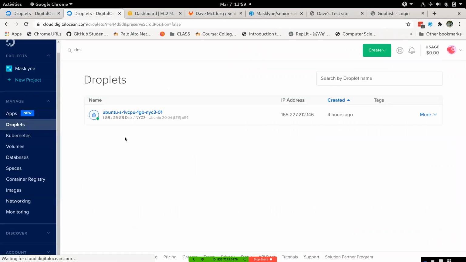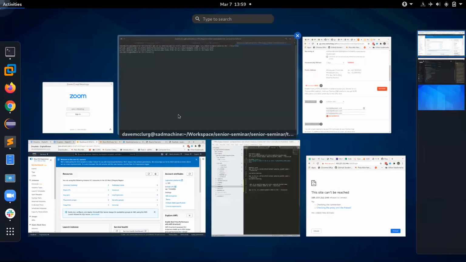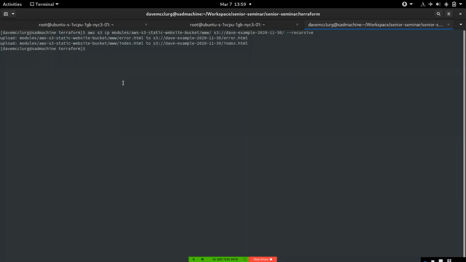But we also need to think about this, right? When we're using these cloud resources, they can cost us money, and they can cost us a lot of money, especially Amazon, AWS. So I need to tear these things down. Like let's think about that. Let's think about a use case. So Candy's already gotten the tool in there. Cool. So let's go ahead and